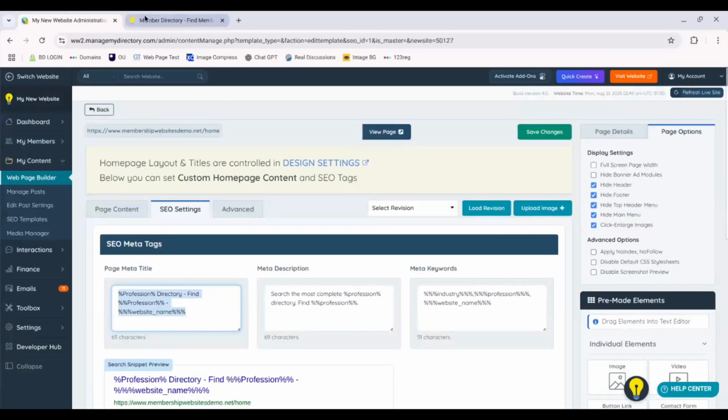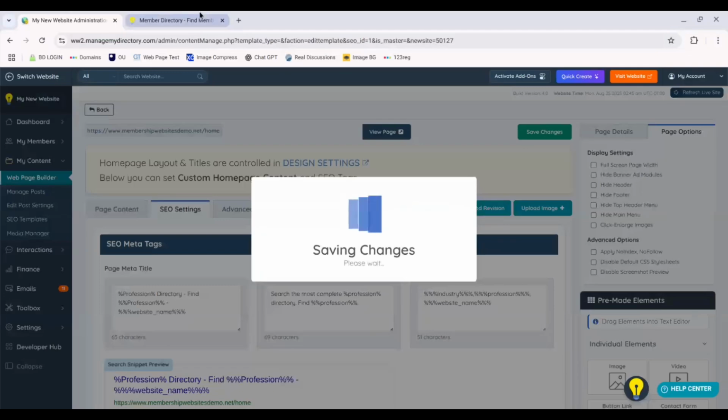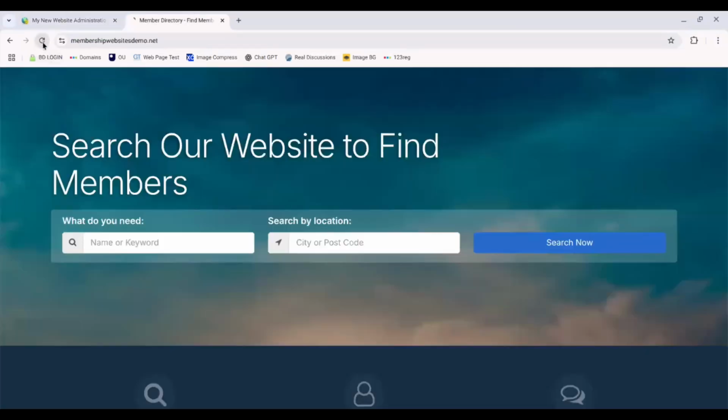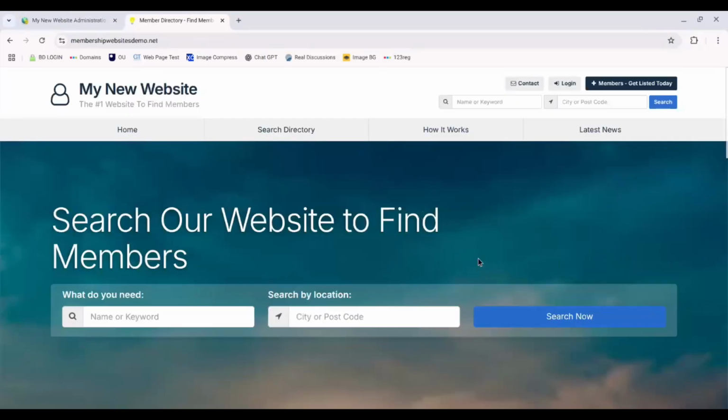So I hope you found that video useful, but that's how you can hide elements of your page. You can do this for any of your pages, but when designing your home page, it may be something that you consider doing, just to make sure that people really zone into your hero section and make that the focus